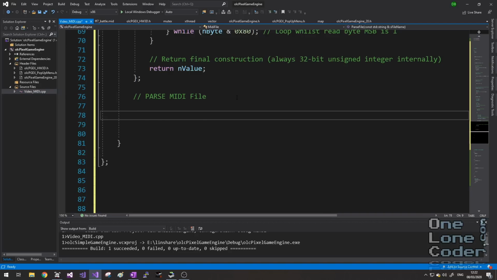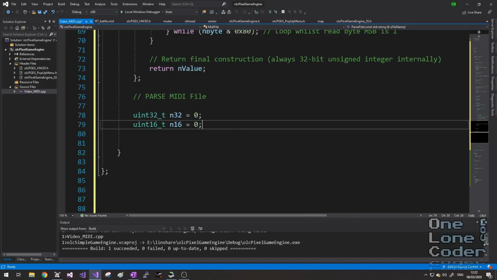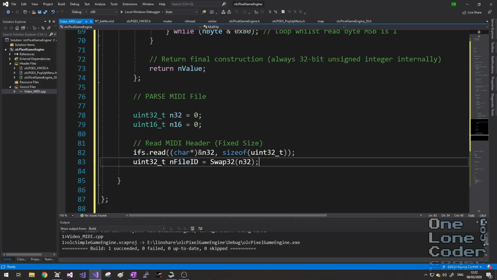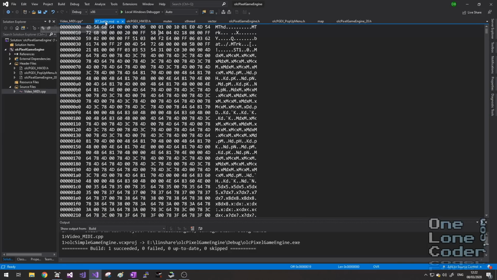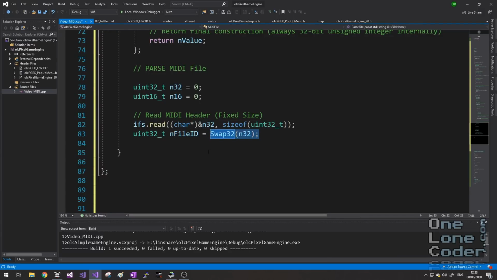For convenience, I'm going to add in 2 temporary variables, a 32-bit and a 16-bit unsigned integer. MIDI files begin with a MIDI header, and this header contains information about how to read the rest of the file. The first thing I'm going to read in is the file ID. Now if I open a MIDI file in a binary editor, the file ID is always this MThd. It isn't actually a number that means anything, it's just 4 bytes that can be instantly recognised as a MIDI file. Once I've read it in, I'm going to swap the bytes around and then immediately forget about it, because